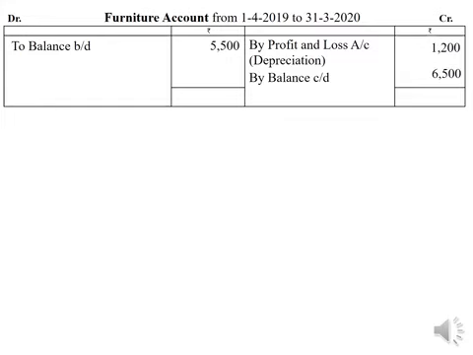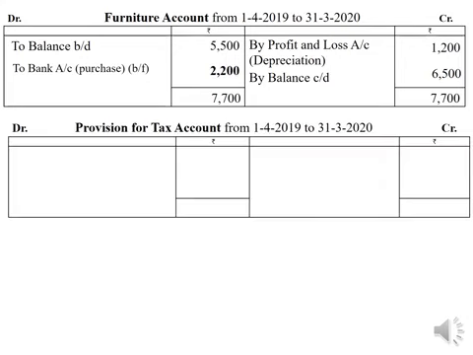As the credit side balance is more, 7,700 is taken over to the debit side. Balance the amount on the debit side, it comes to 2,200. Treat this 2,200 balance as purchases of furniture during the year and transfer it to bank account. Credit it to bank account, balancing figure purchases. So furniture account at R2 bank account is the transaction, and this item will be recorded as cash flow on investment activity.